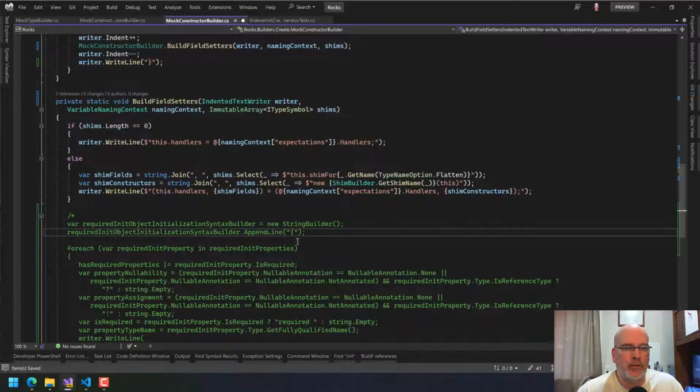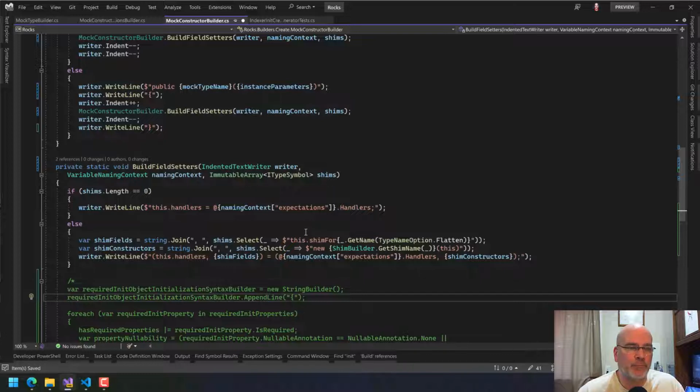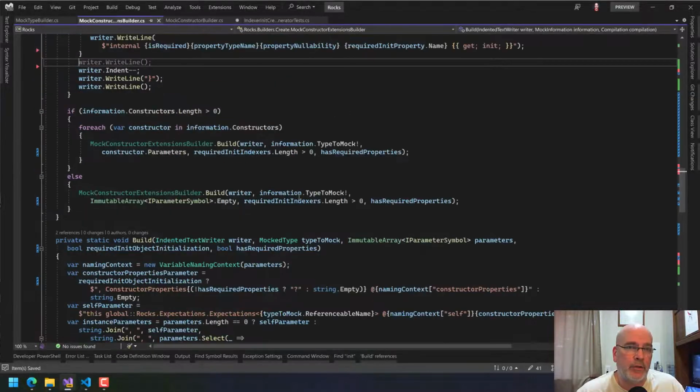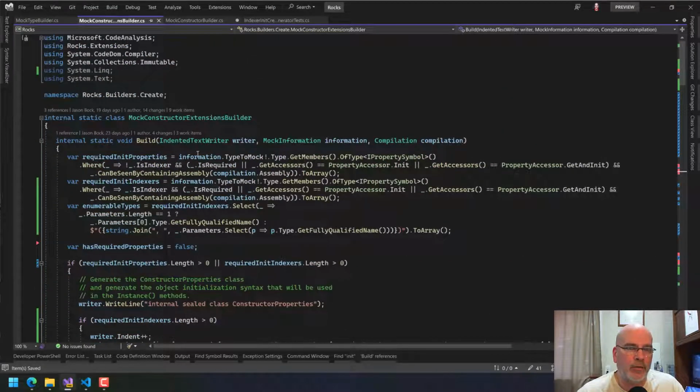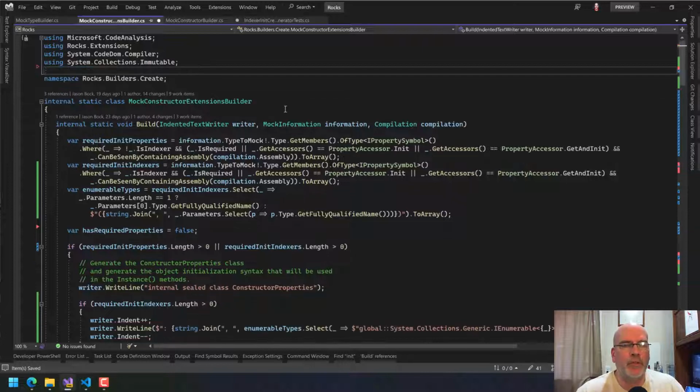And so now here, what we want to do is handle not just the required initialization properties, but also the indexers, the ones that are init, not required, because as I found out before, required initters are not a thing. Okay. So in this spot, I think we come back up here and, now this kind of stinks. Oh, we can remove those. That's fine. This kind of stinks because